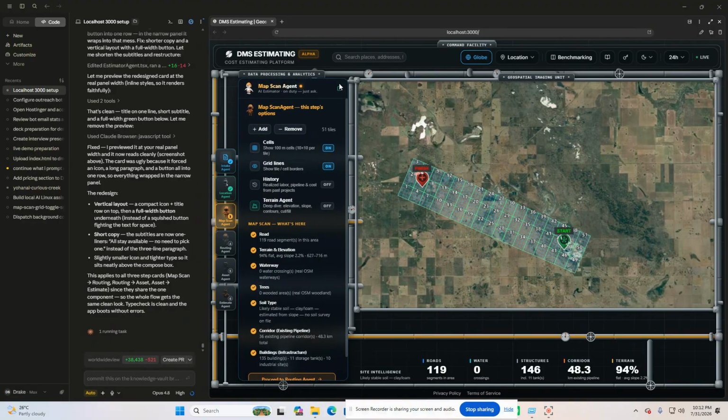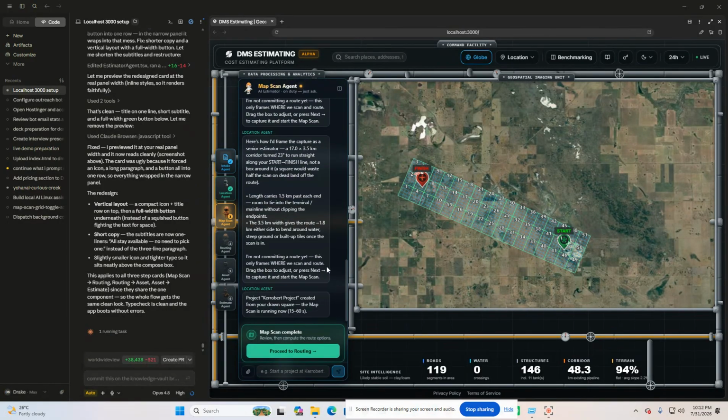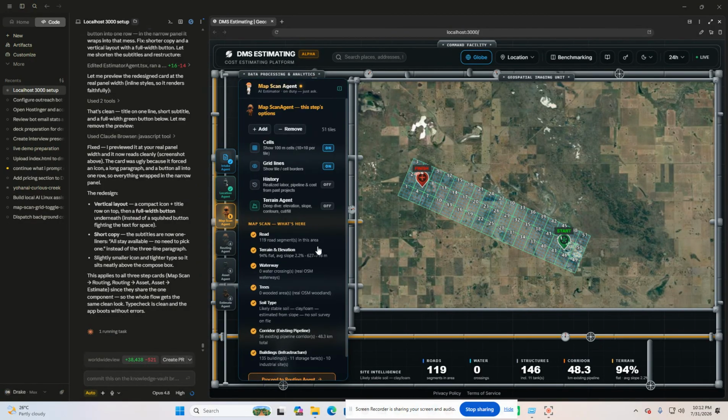Then you can click the flip to see the information of this square area, like the road, terrain, elevation, waterways, trees, soil type, corridor, existing pipeline, and the buildings.